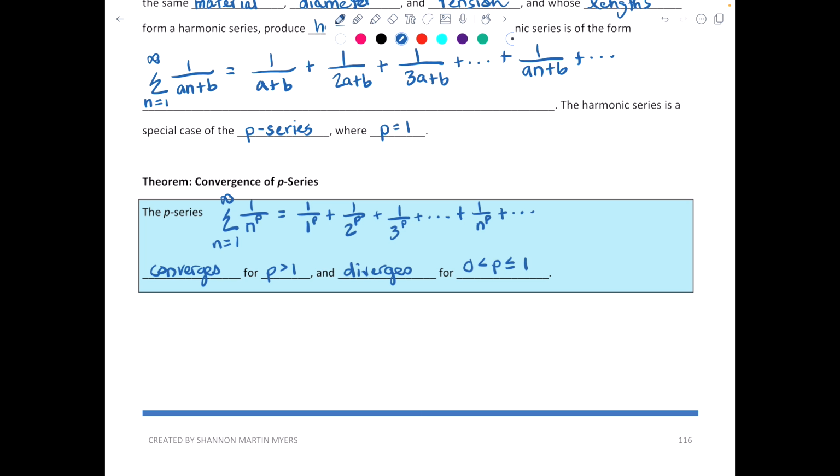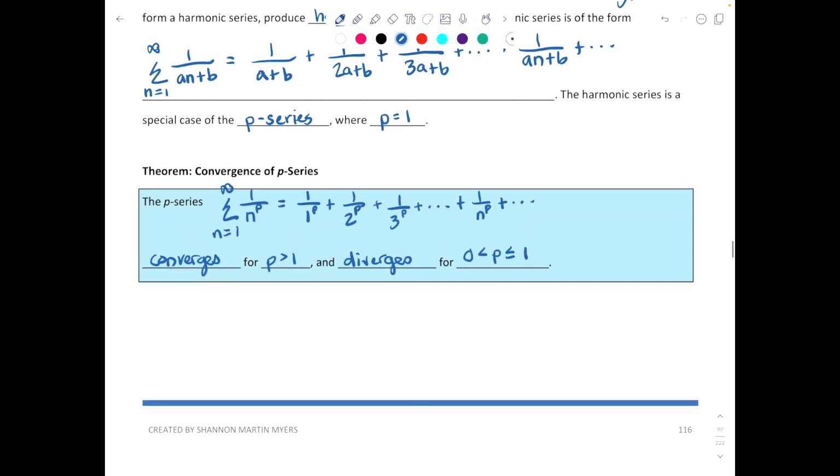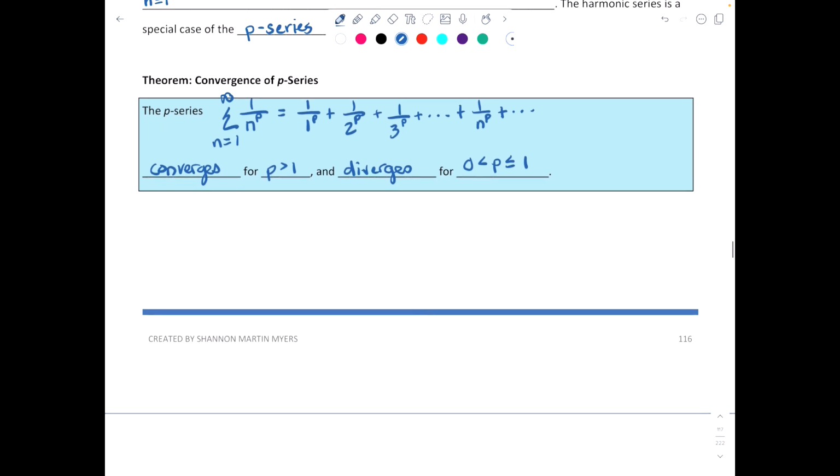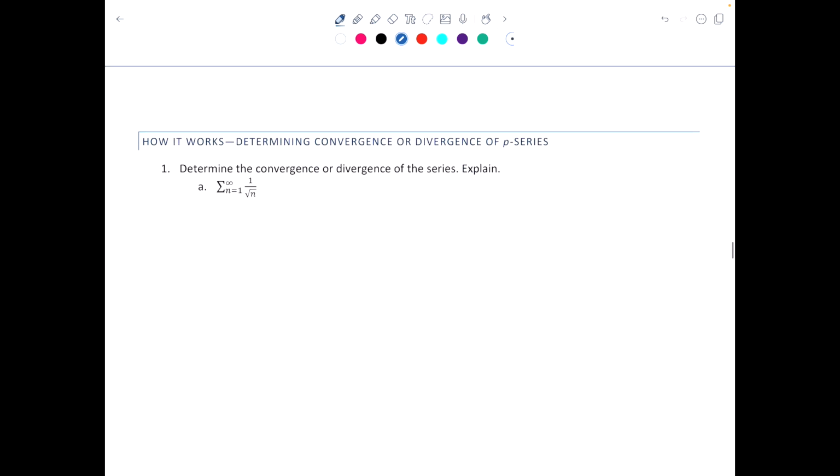Okay, so now, this p-series and your geometric series are very powerful comparison series, which we'll be working with next time. So it's really good to get a handle on them. So determine the convergence or divergence of the series and explain. Well, let's try our steps here. Step 1,